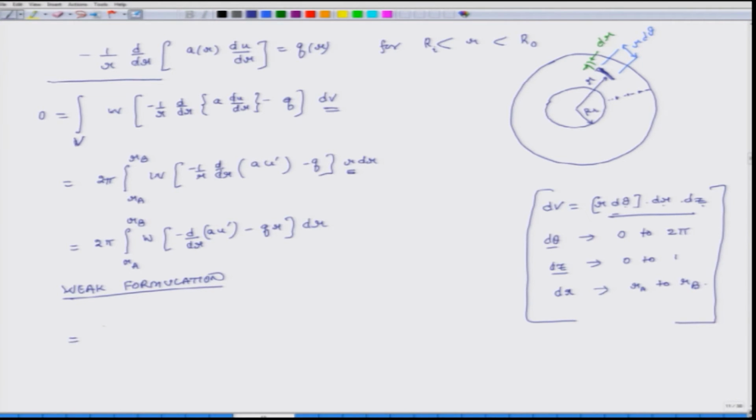So, what I get is 2 pi integral from r a to r b of (w prime a u prime minus w q r) dr, minus, I get some boundary terms, w times 2 pi a u prime evaluated at r a and r b, and this. So, I get the same expression here,